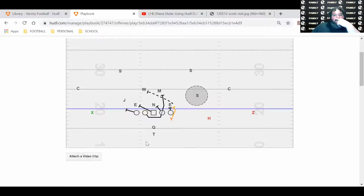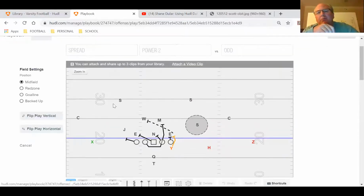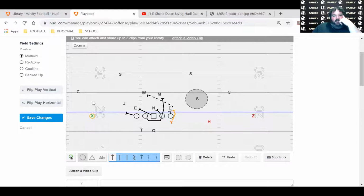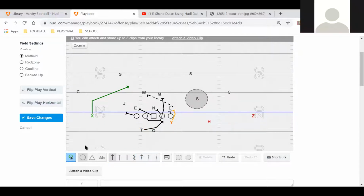Again, we only do this against odd fronts, but we're going to run a little bend behind the wheel, and we're going to put the back on away right there. You're going to take this receiver, try to replace the wheel, and you're going to bring the back across right there. We did that last year, but instead of throwing the RPO off of it, we'd stretch